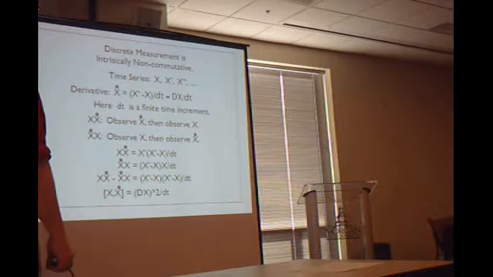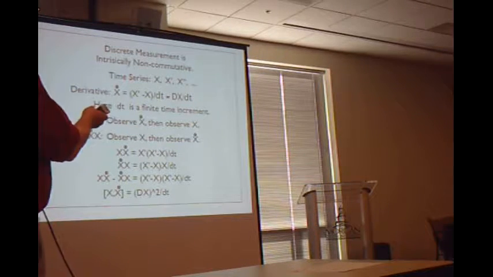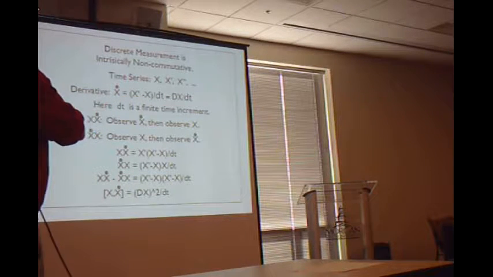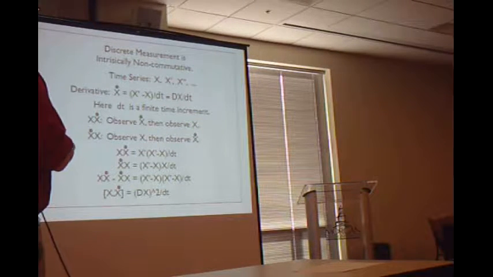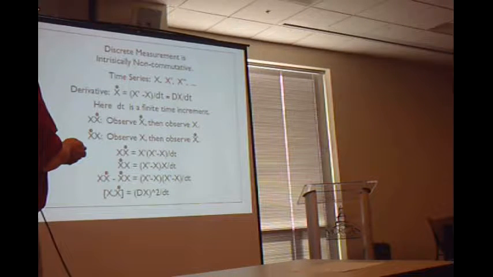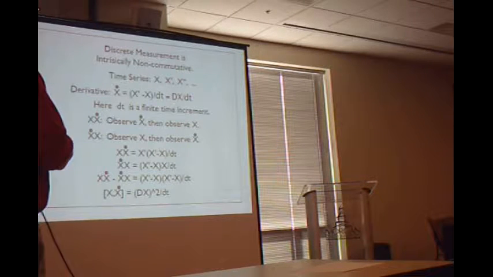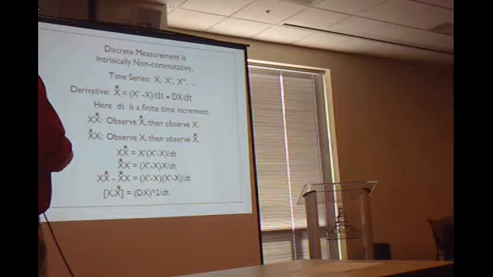And then, if we make an observation, I will write it as that symbol for the observation. And then to the left of it is a next time observation. So the order of observation goes from right to left on the page. That's the symbolic convention. So if I were to observe velocity and then observe position, I can think about what will happen when I do that. Or if I observe position and then I observe velocity, I can think about what will happen when I do that. And now you will notice that the time series is going on. So at the very least, and this is written in the form of what we would write down at the very least, if I observe